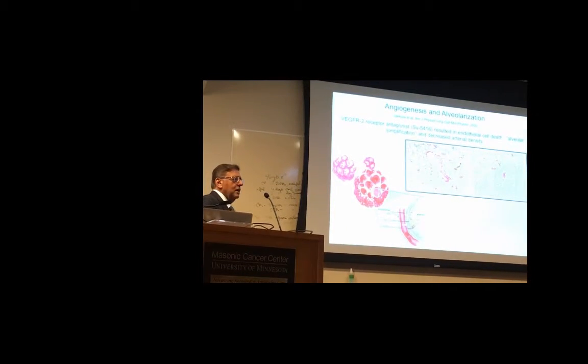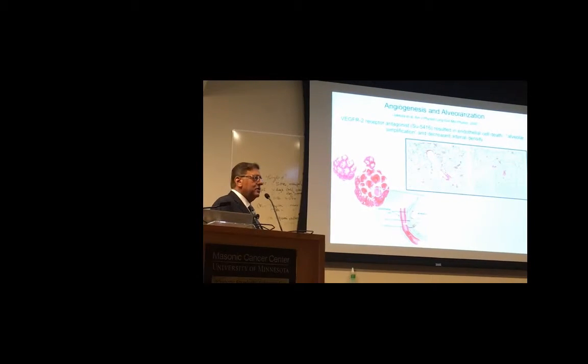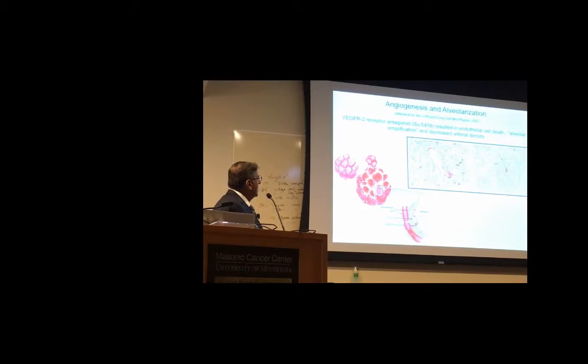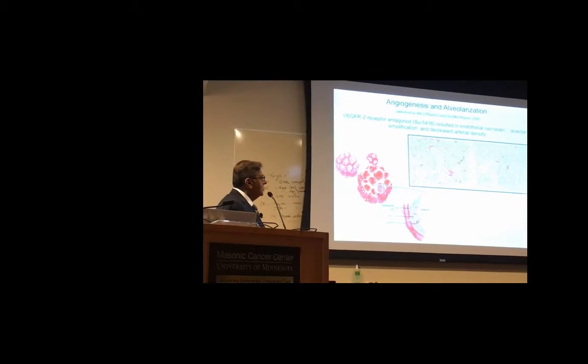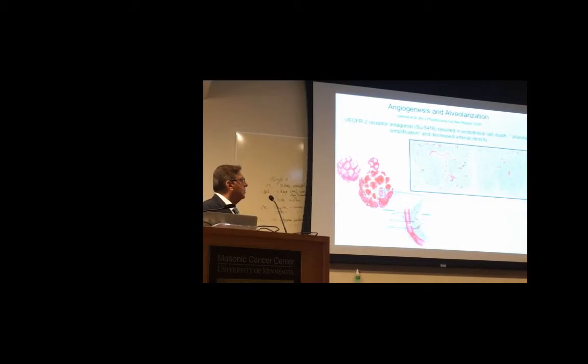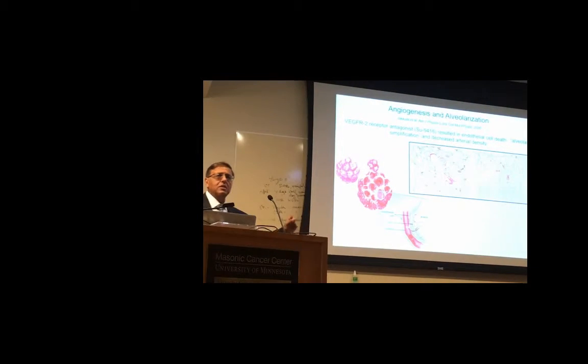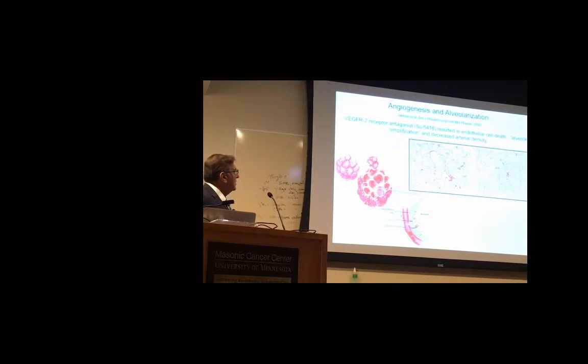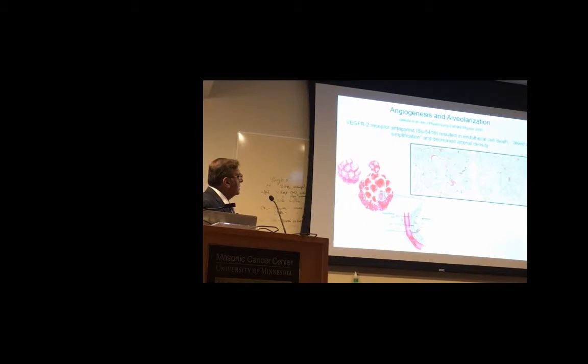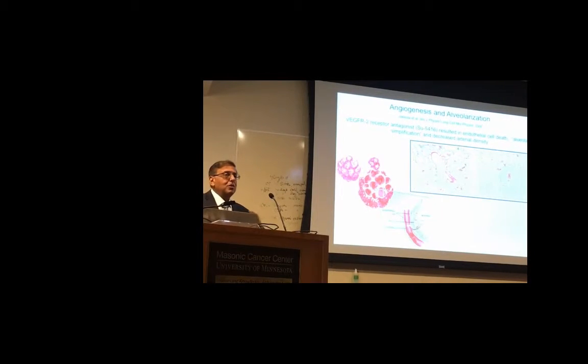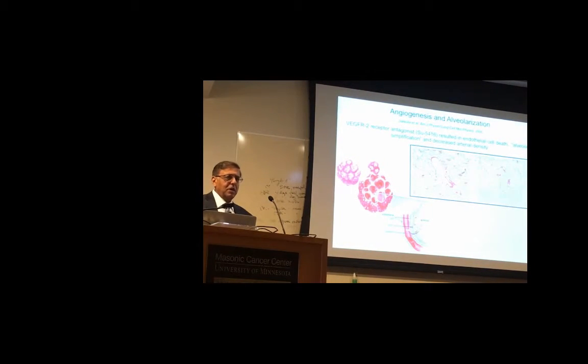This has been studied by the Abman group in Colorado and others, including us. And when you antagonize VEGF receptor 2 by this compound called Sugen 5416 as a single shot at the time of birth, you essentially kill off all the endothelial cells, because VEGF is a critical factor for endothelial cell survival. And what you end up with is a simplified lung with no alveolar development into adulthood. So this critical window of alveolarization is very critical. If you don't develop alveoli at that point, you never develop alveoli long term. So VEGF is really important